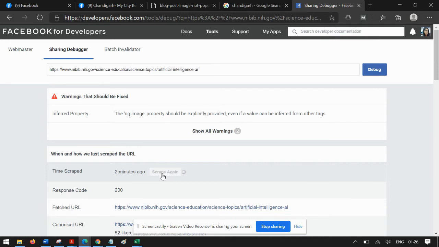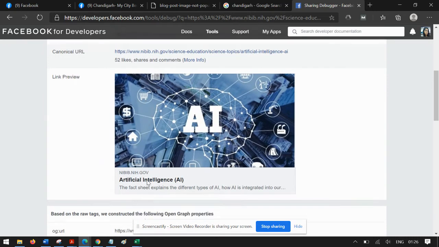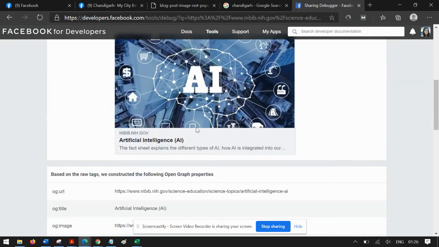Usually, in 90% of cases it will appear on the first go when you debug it for the first time. In case you are not getting it the first time, you can click on scrape again probably two or three more times, and you'll start seeing that this information is coming along well. So it will try to debug the issue which your open graph data must be having.